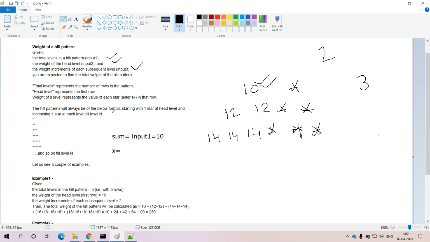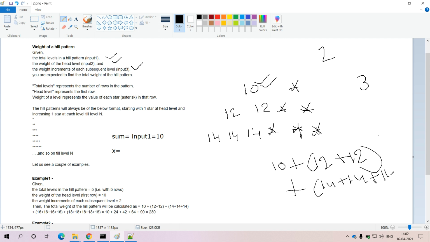Now the main intention of this problem is to calculate the sum of each and every element in each and every row of the hill pattern. If you calculate the sum of the complete hill pattern: within the first level we get 10, within the second level 12 plus 12 for the two stars, plus within the third level 14 plus 14 plus 14.